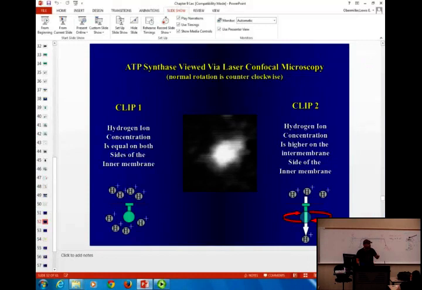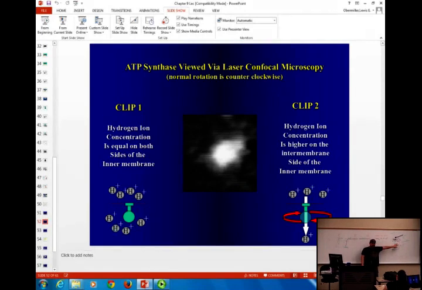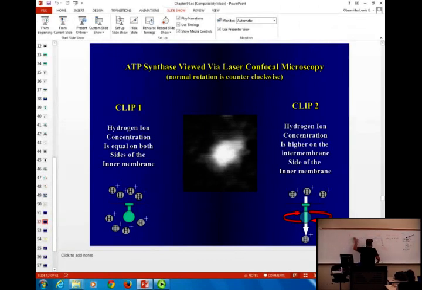So the first clip, the membrane has been punctured. So what would happen then if we punctured this membrane? Would you expect this to rotate? No. It shouldn't, right? Because the hydrogens aren't forced to go in here. Now they can leak back down. So the first part of the video, it won't spin very much. There's not very many hydrogens going. The second part of the video is this has been restored, and so you should see this thing spinning like crazy. And every time it spins around, it's making 3 ATP.